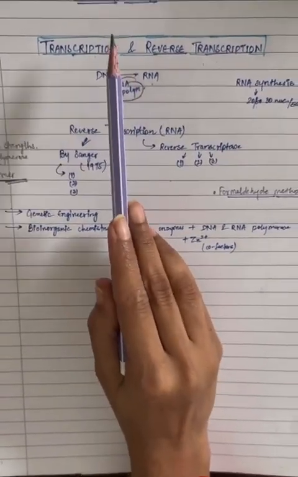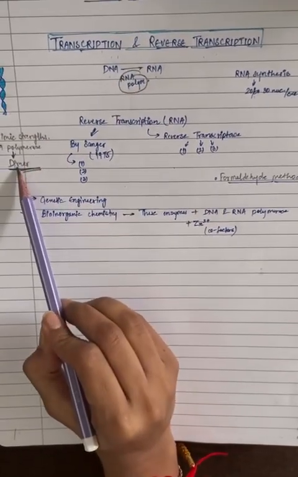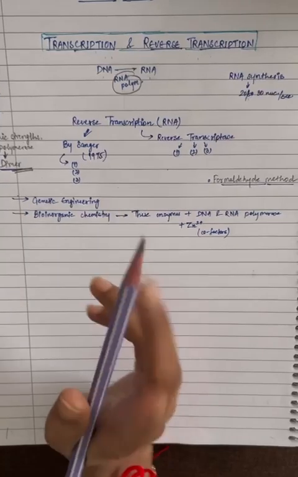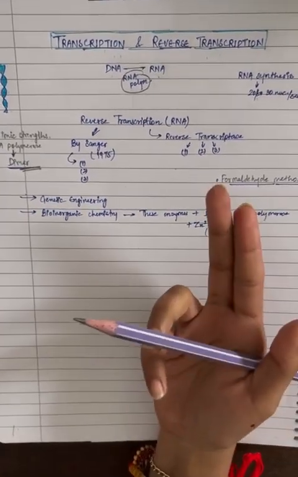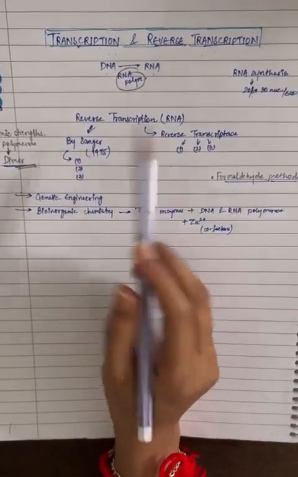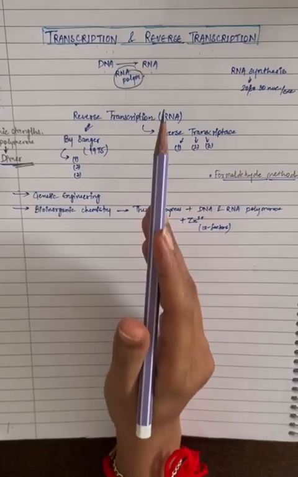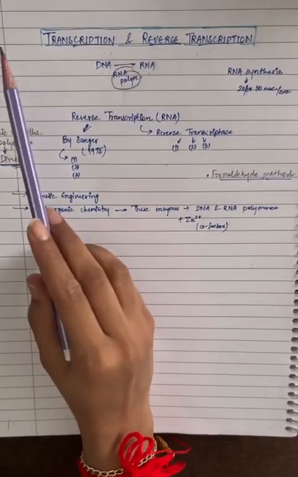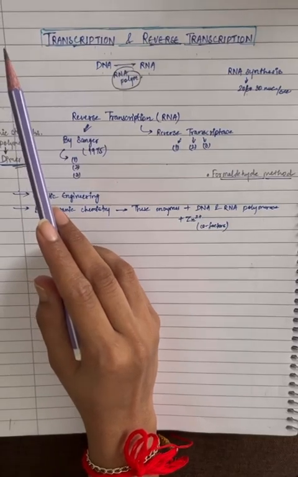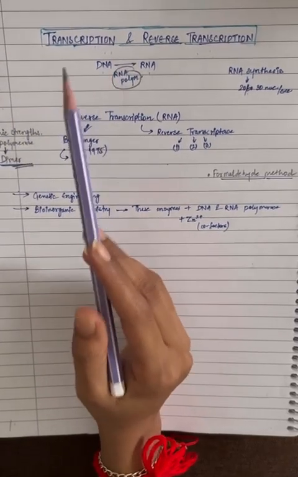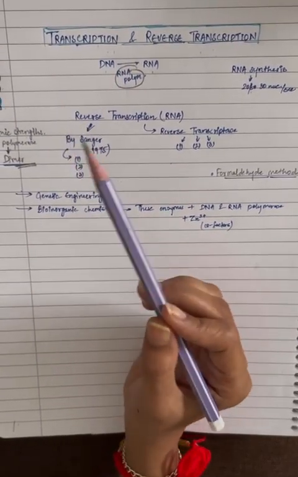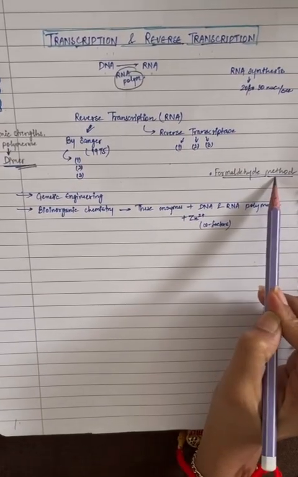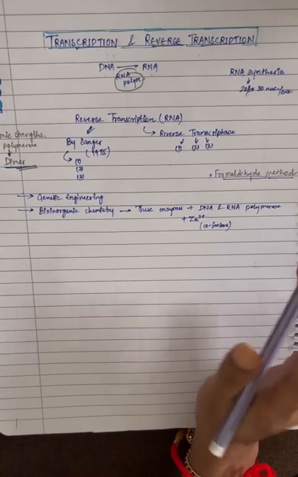RNA polymerase exists as a dimer at low ionic strengths but breaks down into two monomers at high ionic strengths, each consisting of multiple subunits with distinct molecular weights. The enzyme is more effective with double-stranded DNA, leading to local unwinding of the helix where RNA synthesis occurs. Techniques like the formaldehyde method have helped demonstrate this unwinding.